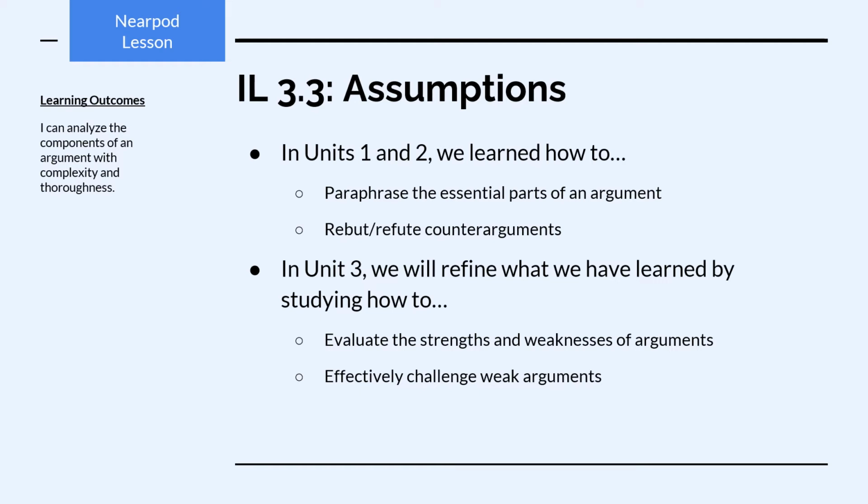So way back in Unit 1, we first looked at paraphrasing the essential parts of an argument. We looked at arguments in the wild and how to paraphrase the claim that the author is making and the evidence they're supplying in support of that claim. In Unit 2, we looked at argumentation techniques, among those rebuttal and refutation, and looked briefly at how to rebut